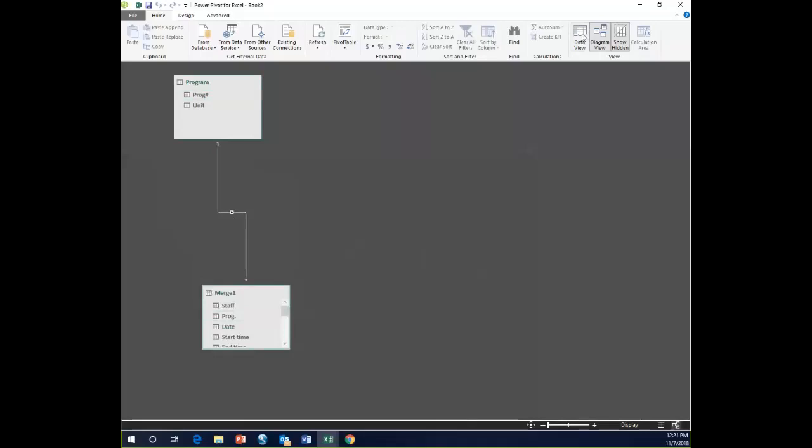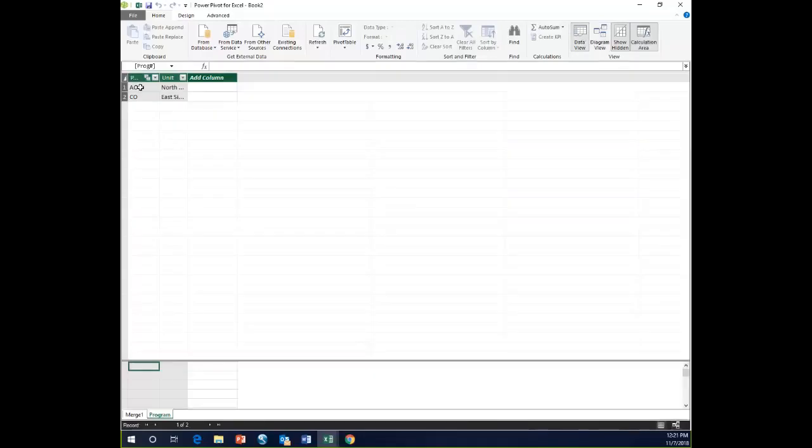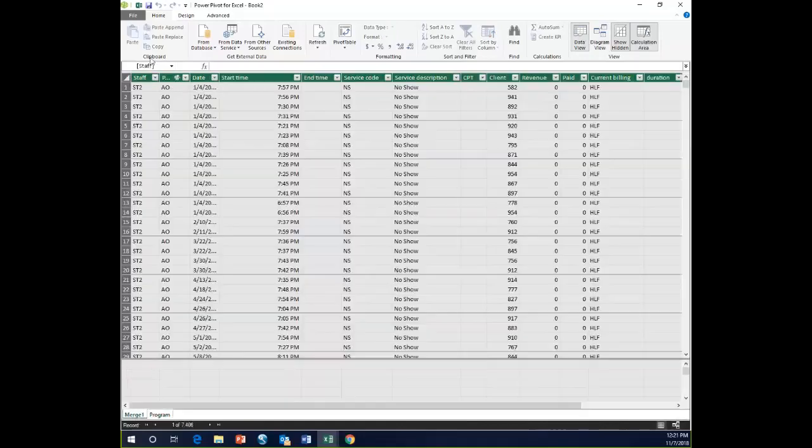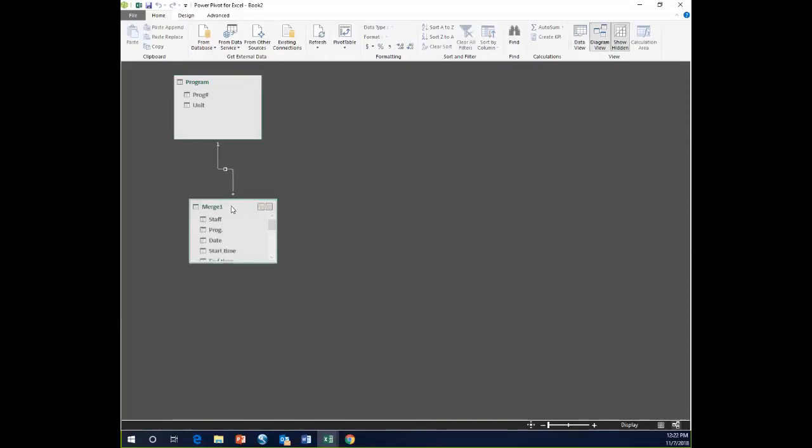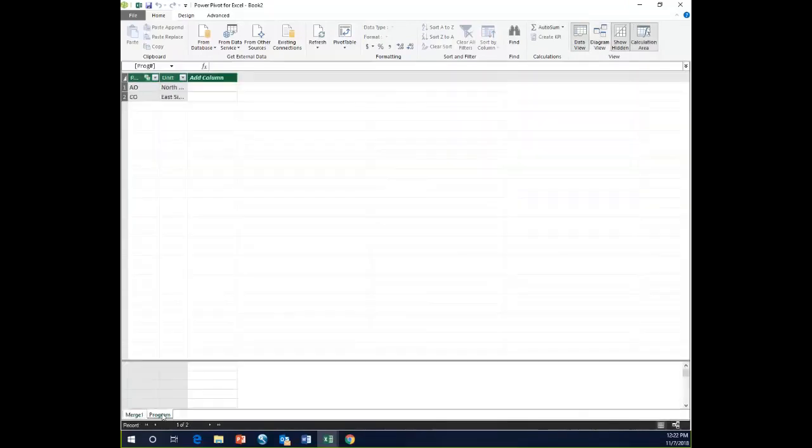Because this is a one-to-many data join. I have one instance of each program here. I have many instances of each program here. The good thing about joining here is if you try to join in the wrong direction, it will fix your mistake. So we join from the one to the many. So it's a little bit different then, because now what I'm seeing is that I still have two